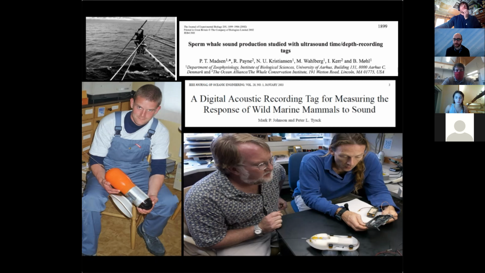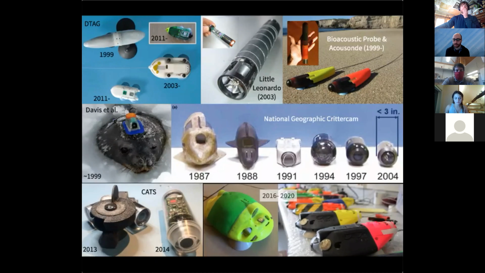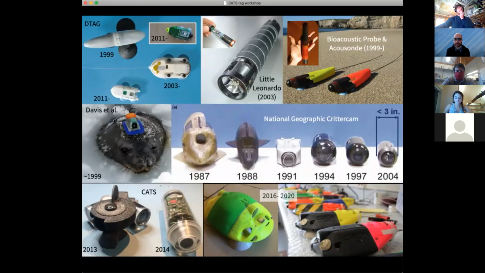Okay, so this is just a composite figure here with the evolution of the D tags in the upper left here. So from the late 90s all the way to today. This is version 1, version 2, version 3, and version 4. I need to fix the date here. I forget exactly when version 4 came online. But you can see the perpetual miniaturization of these tags, which is a good thing. The smaller the tag, the less drag. That means you can apply that to smaller and smaller species. And that's a trend, of course, we're seeing with the biologging revolution: smaller tags, cheaper devices, more battery time, and so on and so forth. Speaking of small tags, Little Leonardo is probably